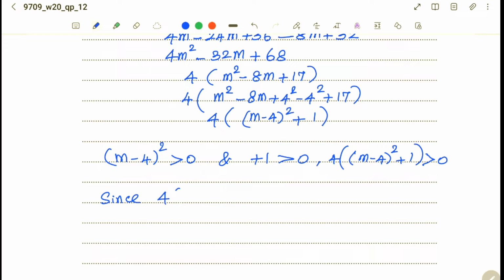Since 4 multiplied by m minus 4 the whole square plus 1 is greater than 0 for all values of m, it will have 2 points of intersection, or the line and the curve intersects at 2 distinct points. The line intersects the curve